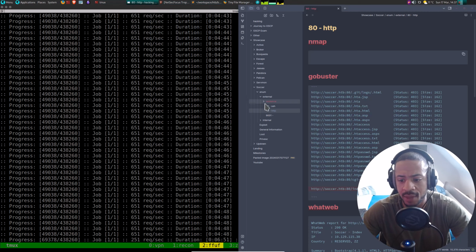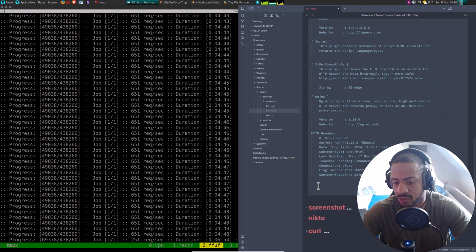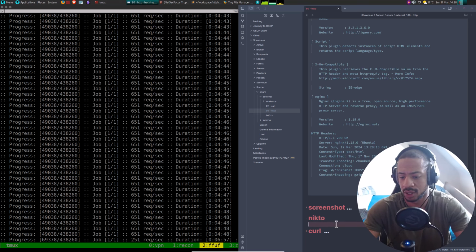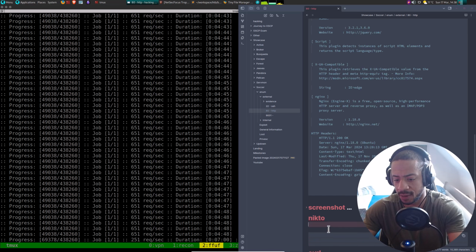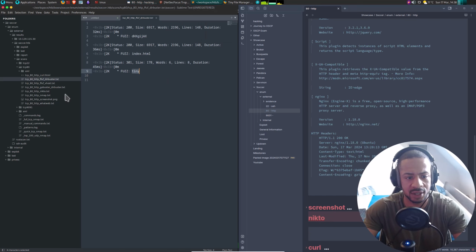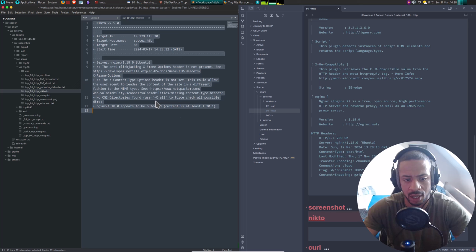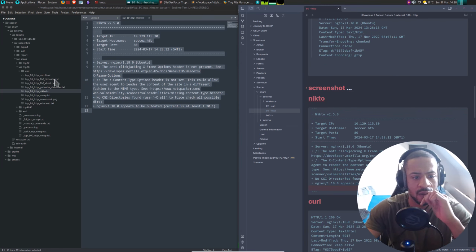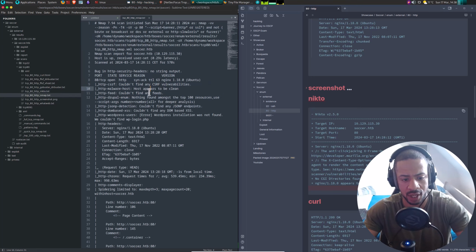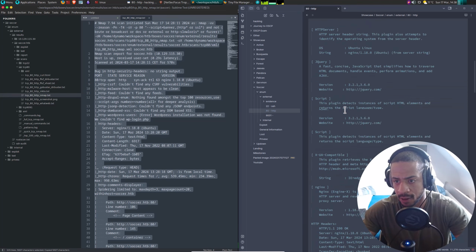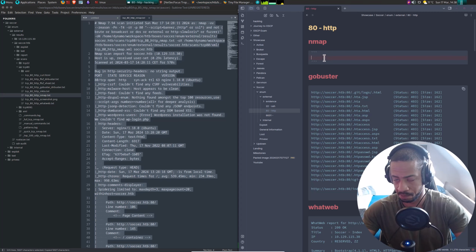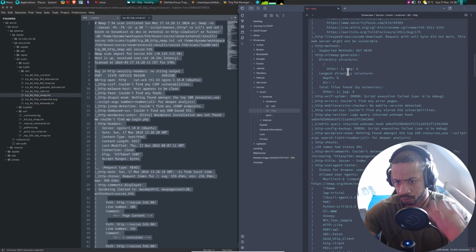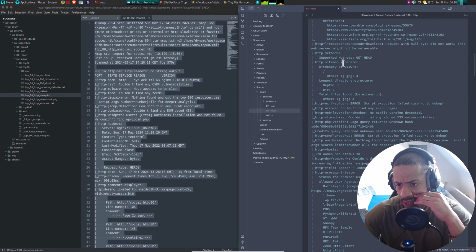That is okay. Let me also take some more notes. Nikto. I didn't put anything here yet. Okay, everything seems to be a bit slow. I really don't like that. Oh, there you go. The nmap is done. Let's see.